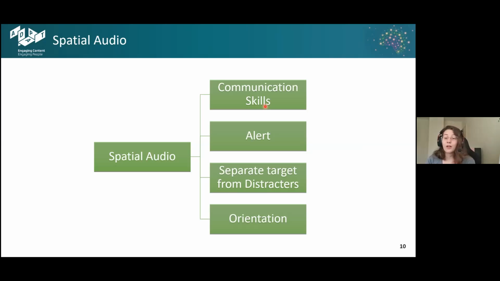So you are able to differentiate these small sounds, and this is related to spatial audio. And you can also use spatial audio to orientate yourselves. This is also another thing that, for example, bats use. This is all related to spatial audio. And